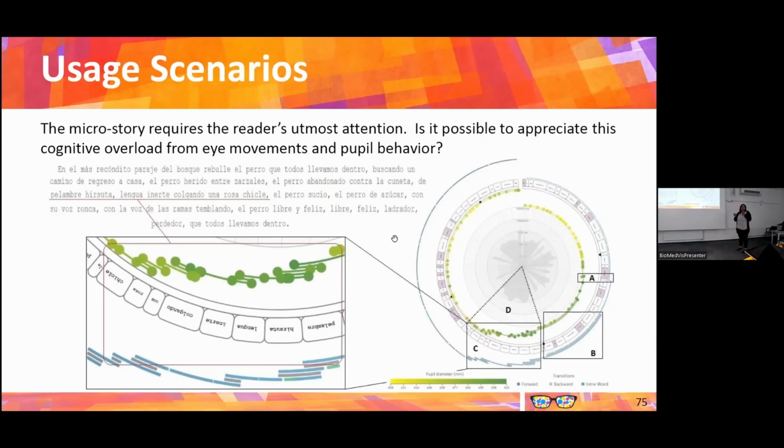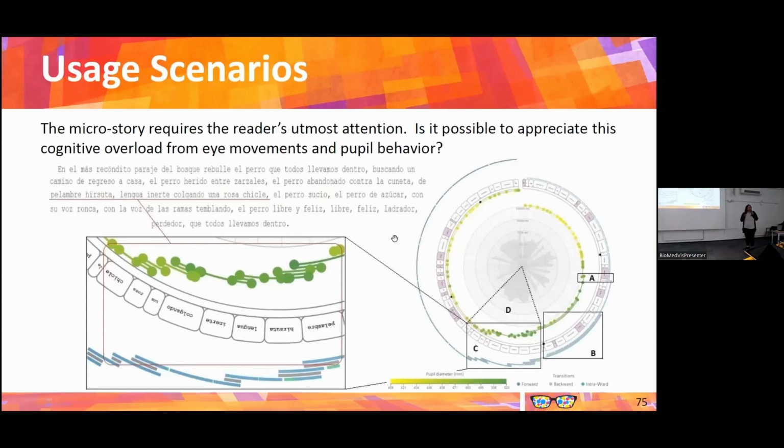They wanted to see if they could realize in which part of the story the user was making the most effort. Or in other words, which part of the story is the most important or the most complicated part of the story. So they started analyzing the pupil diameter. And they realized, well, in this case in particular, for this user in particular, this guy started with a small pupil diameter, and at some point it started to increase, and then it went smaller again. So maybe something is happening here.